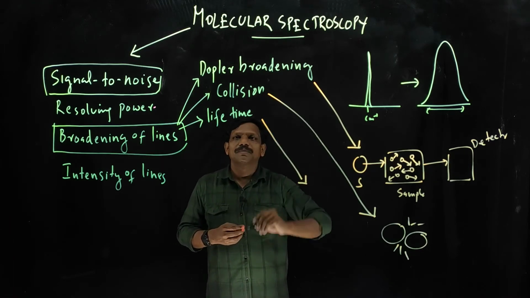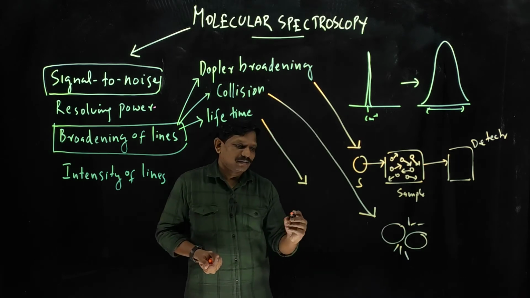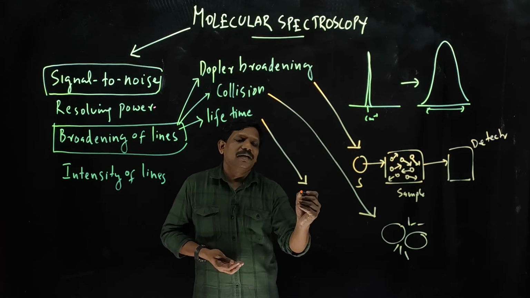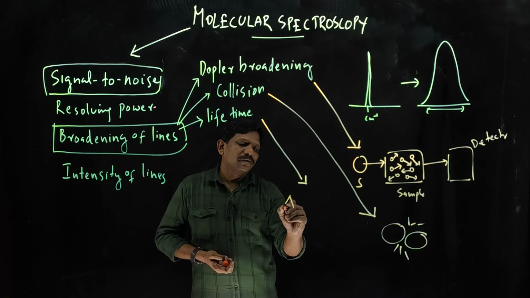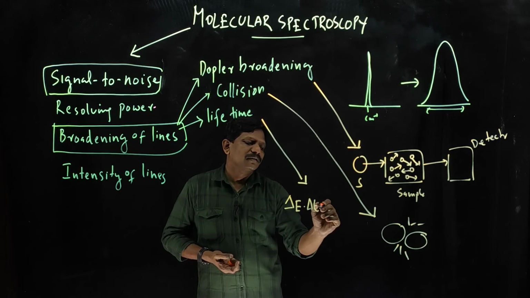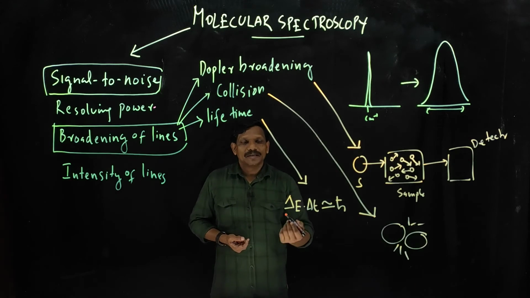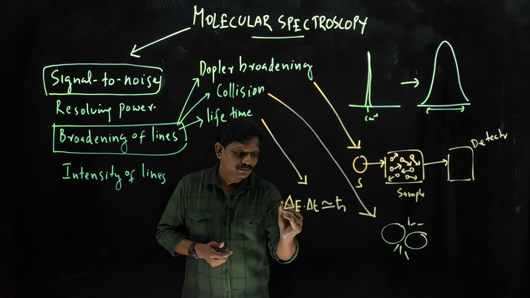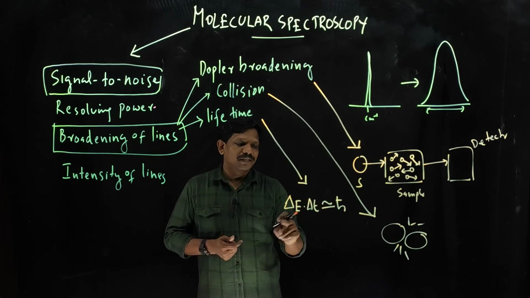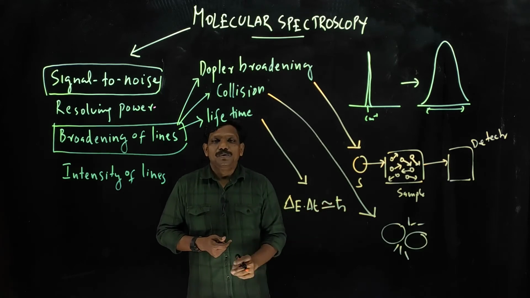So this is a very wonderful broadening technique, that is a broadening reason. That is a lifetime broadening. Lifetime means the lifetime of a molecule in the excited state. You may already know about the famous uncertainty principle. That is a position and momentum problem. There is also another problem, that is the energy time problem. That is delta E into delta T is equal to h by 2 pi.